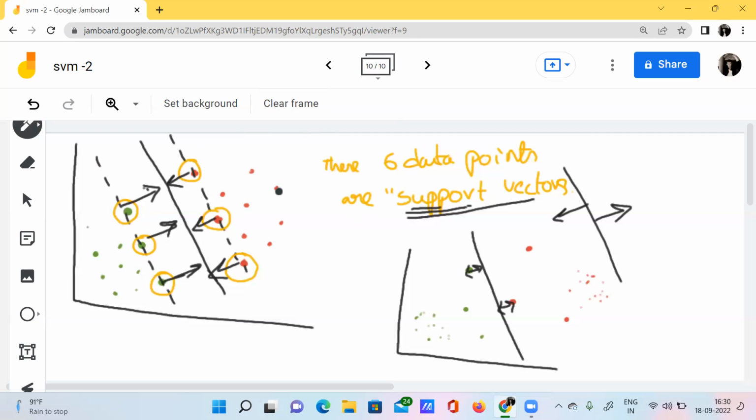And for example, did you observe this particular data point lying here at this particular position? What I want to do is change the location of this data point.